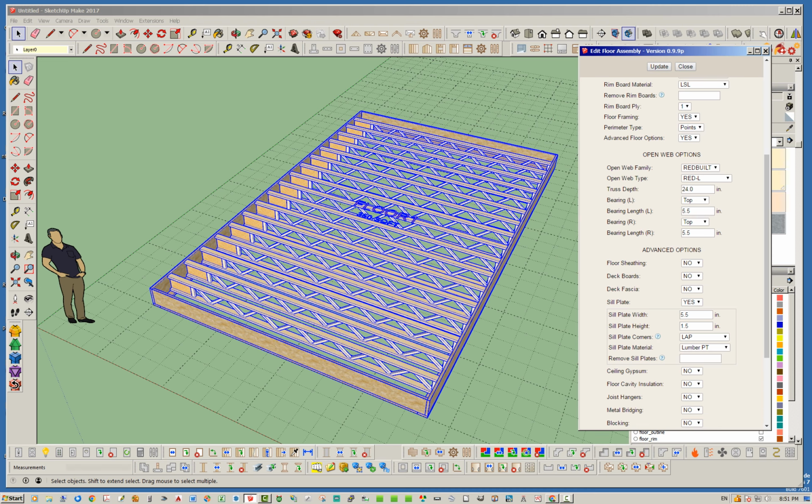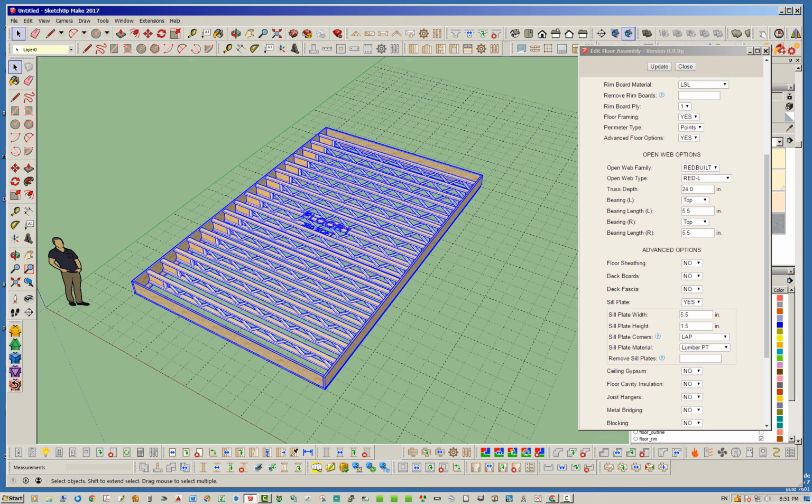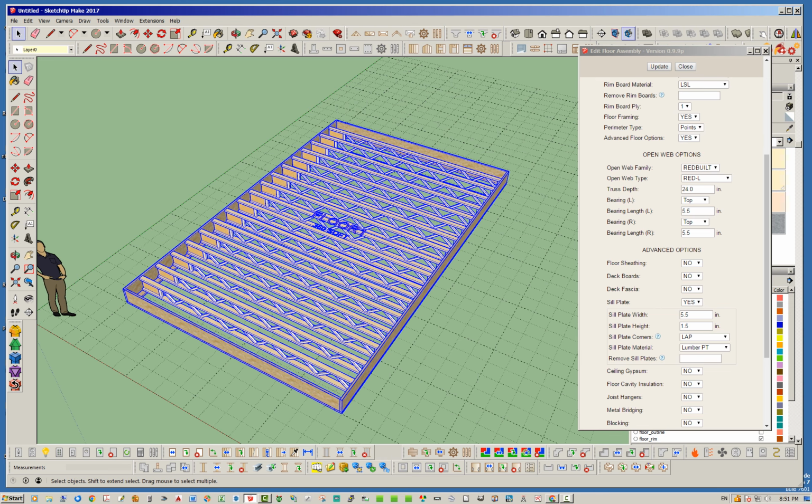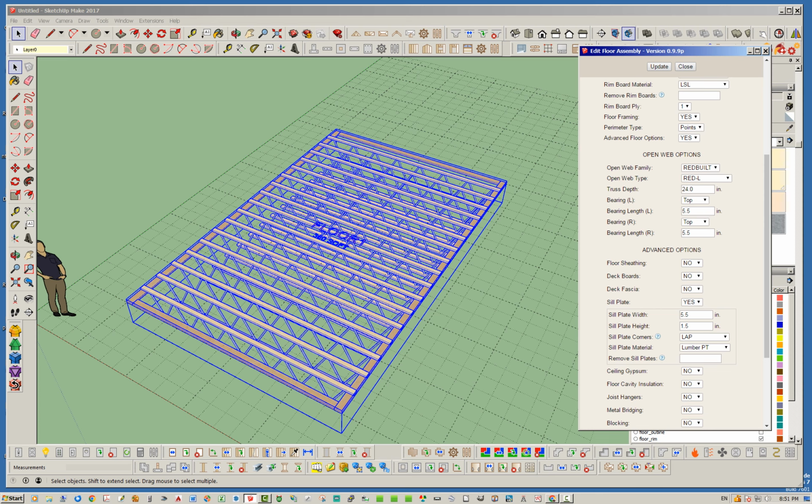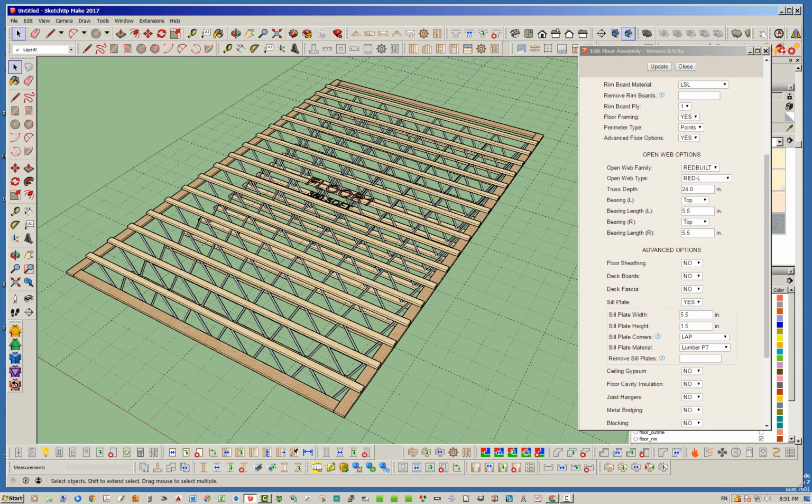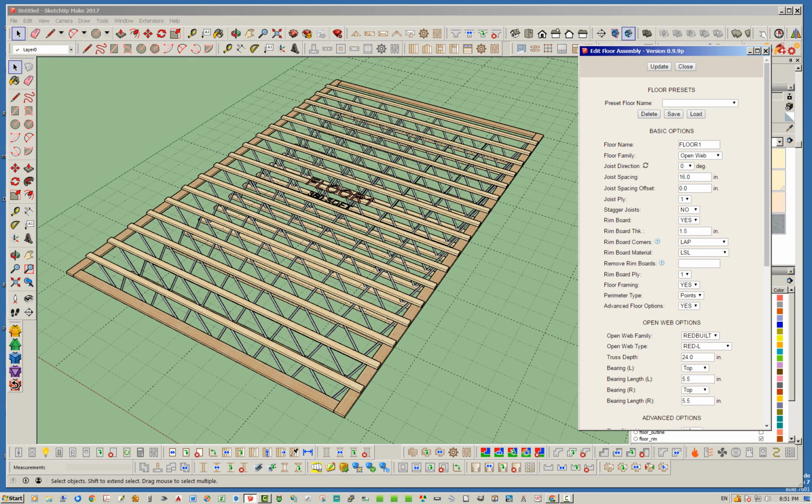Now with the Redbuilt trusses, things get a little more interesting, a little more complicated. Let's just go ahead and go with those defaults, hit update there. Okay, now you can see that even though we have a rim joist selected, no rim joist is being drawn. And that is by default, or by design. So there really is no rim joist to speak of, but you want to keep that rim joist setting on,